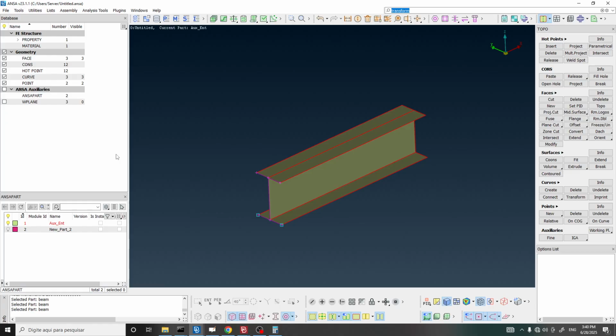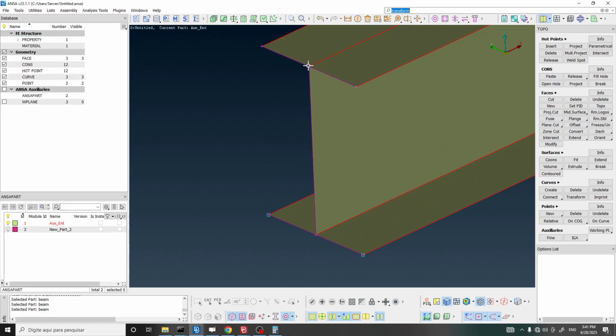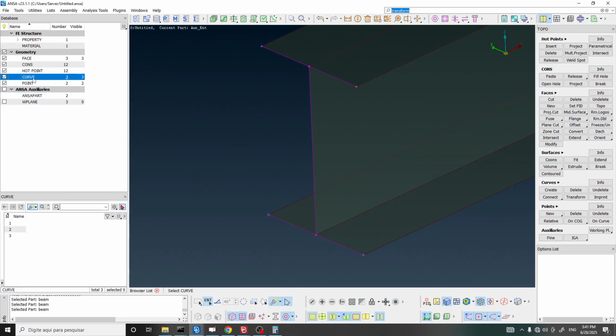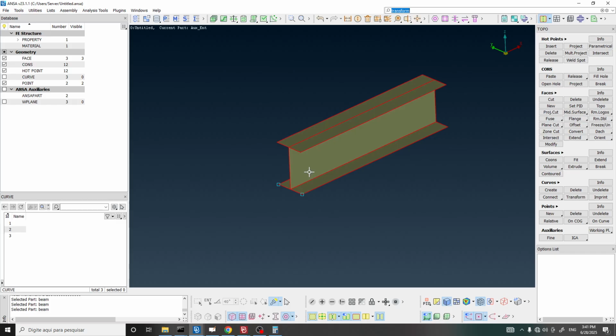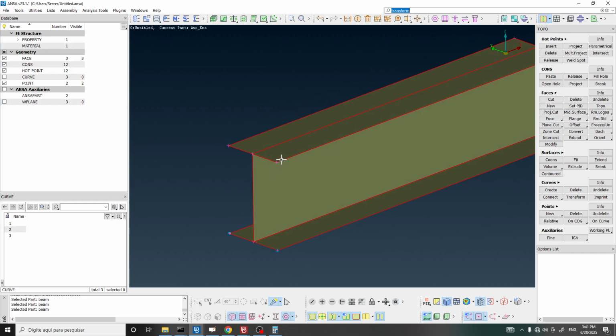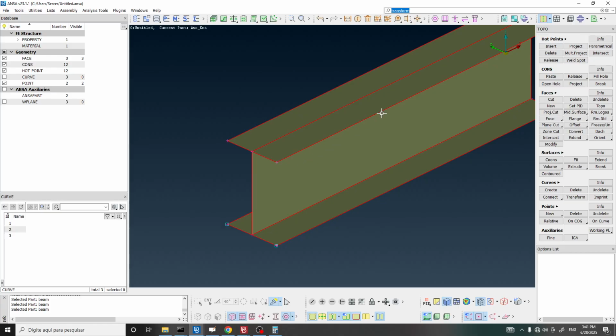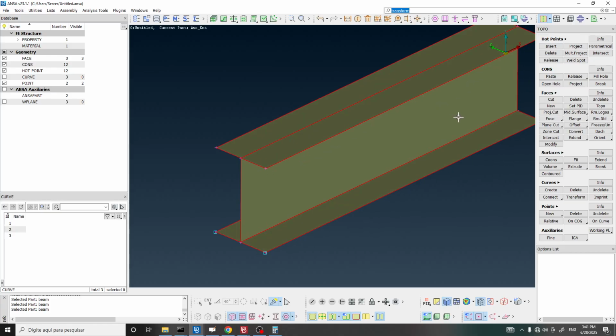We can control the visibility of entities by unchecking or checking these boxes that we have in the database. So for example, if I don't want to see these curves, I can go to the curve item and deactivate this option. Right, now I don't see the curves anymore. Let me explain to you about these lines that we have here and the name of the entities